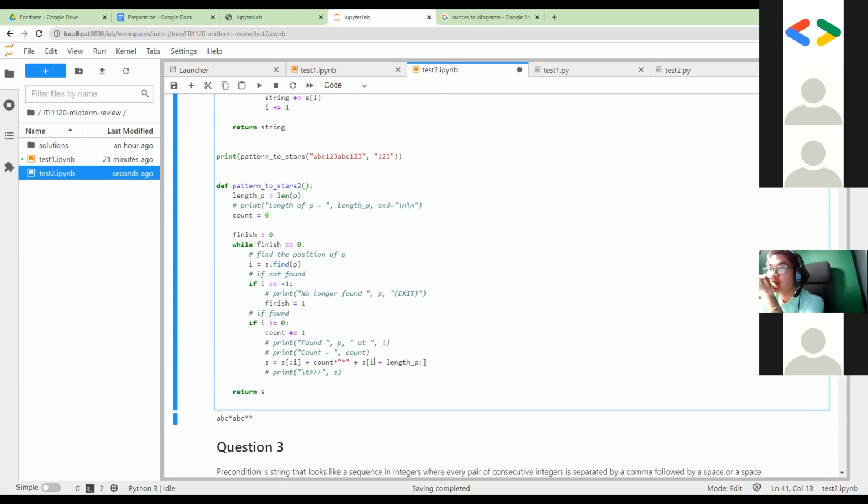Okay. So first we want the length of P, and then I'll say finish is equal to 0, meaning that we haven't finished finding and replacing the pattern, right? So while finish is equal to 0, or while we haven't finished what we're about to do, the first step is we need to find the position of the pattern. So we're gonna do I is equal to s dot find P. That is a method that you can use. And if I is not found, so if I is less than 0, in this case we haven't found that pattern, meaning it's not in the string, right? Then we finish. So finish is equal to